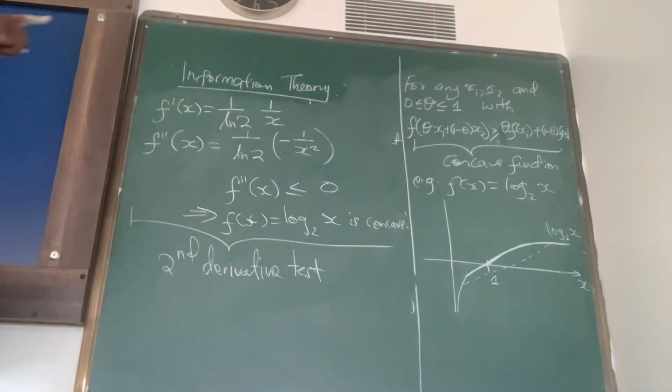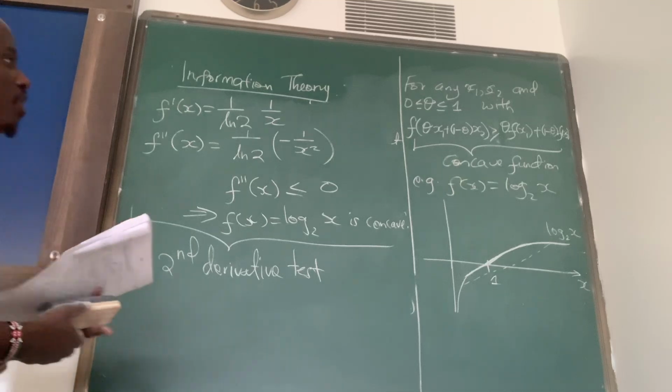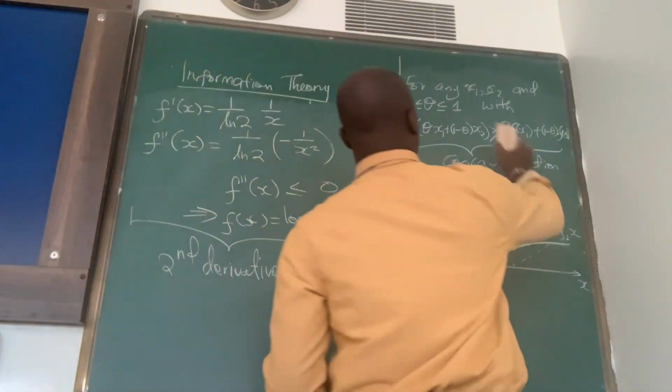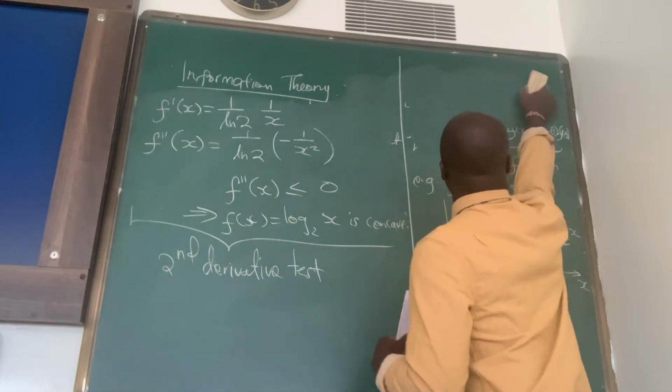So the concave functions will always satisfy that condition. Now let's try to replace theta with probabilities, because probabilities are also between 0 and 1. So let's try to replace thetas with probabilities,